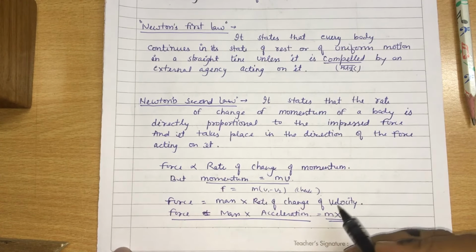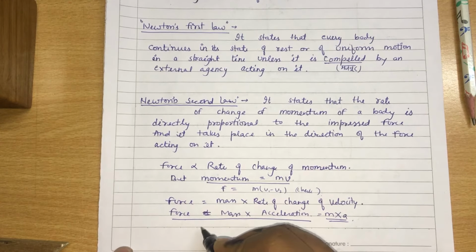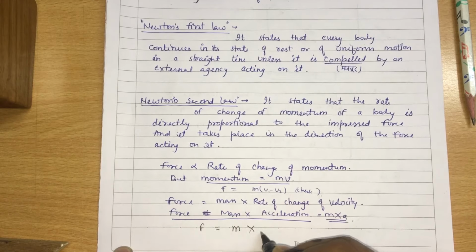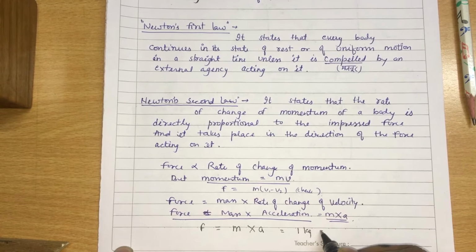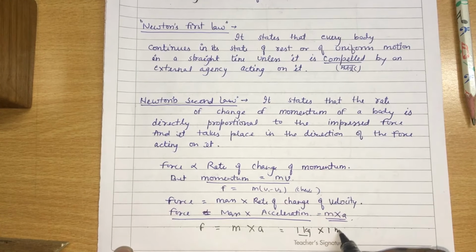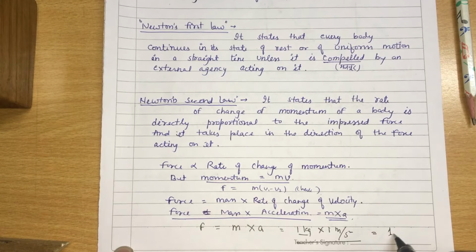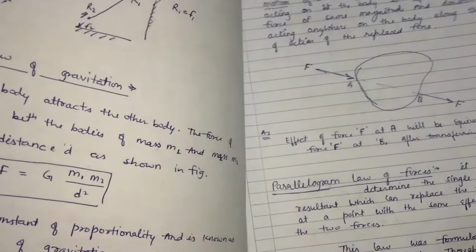So we may write like this: force is equal to mass times acceleration, F = m a. So 1 किलोग्राम मास, अगर किसी बॉडी पे 1 किलोग्राम का मास 1 मीटर पर सेकंड स्क्वायर के एक्सीलरेशन से लगेगा तो उसका फोर्स 1 न्यूटन होगा. यही यूनिट भी है फोर्स की in SI system.